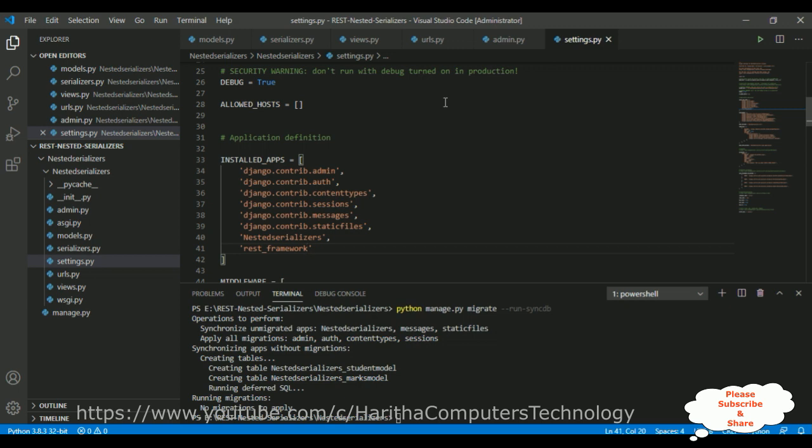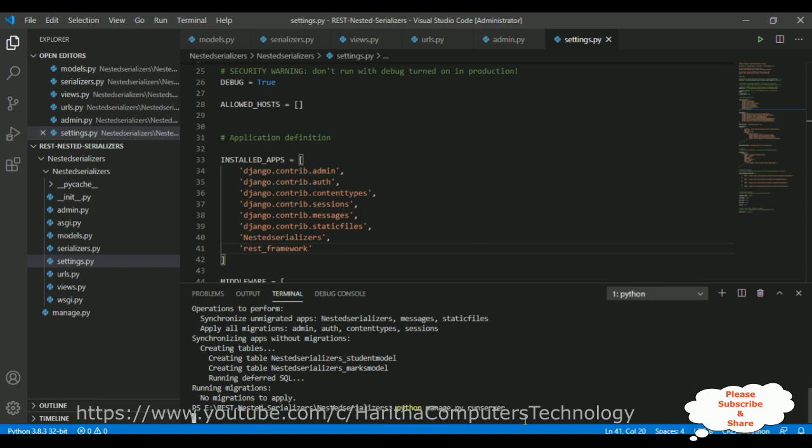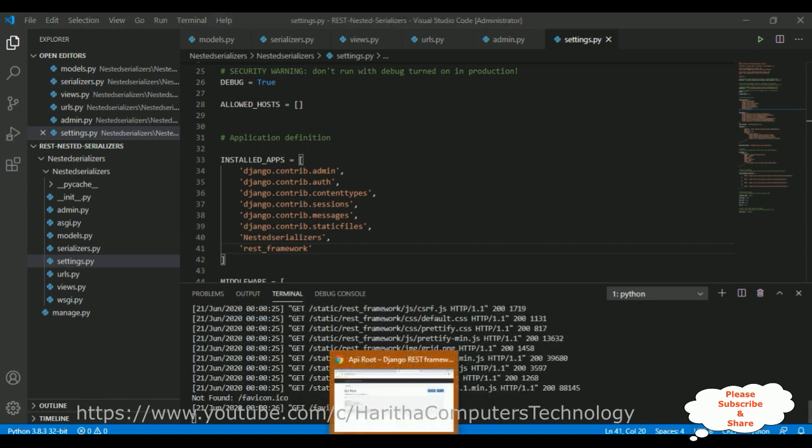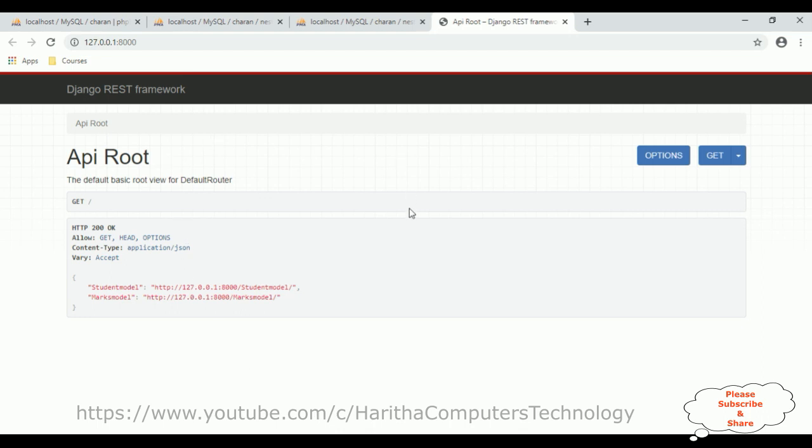That's it. We have done the complete coding part. Now let's run the server: python manage.py runserver, enter. See, after I run the server we don't have any issues. Below that we got our web server link, Ctrl plus mouse click to browse this application. See, after I run the server, this is a